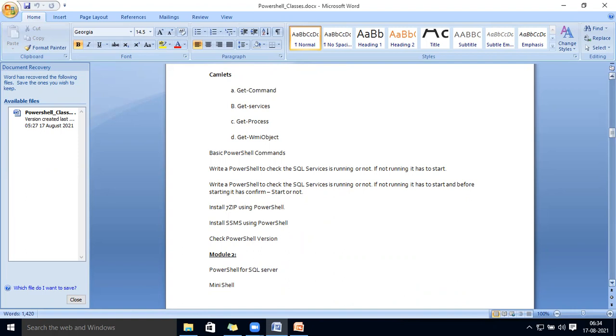After that we will learn that from 2014 to 2016, SSMS does not come along with SQL Server when you install it. So many times you have to install the SSMS tool on multiple servers. You can install it using PowerShell. It is useful if you have to do multiple pieces of work at the same time for multiple computers. Like you have 10 systems and you want to install on, or run a script on, all 10 systems. It is useful if you go through PowerShell.